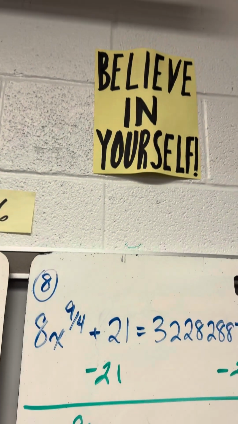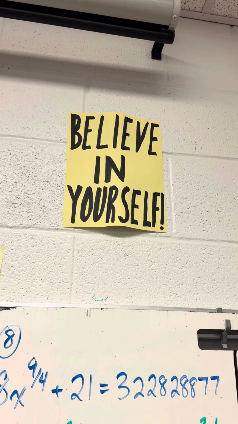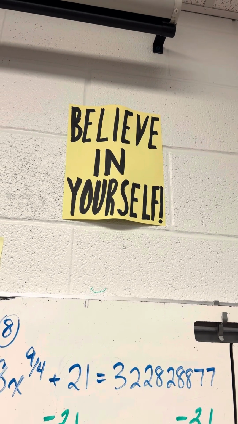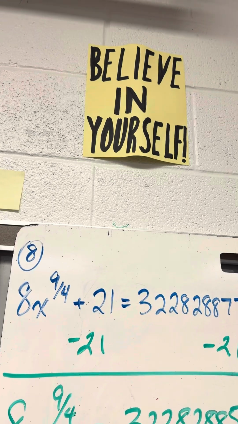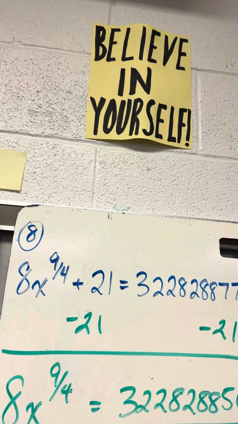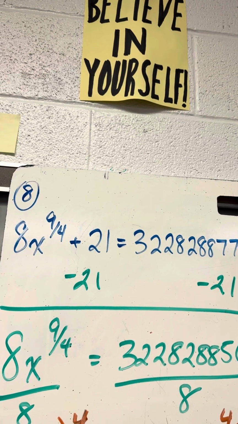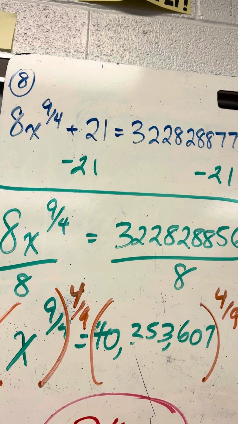Over here, 8x to the 9/4 power plus 21 equals 322828877. Wow. Minus 21 from both sides. You get 8x to the 9/4 equals 322828856. Divide by 8, and you have x to the 9/4 equals